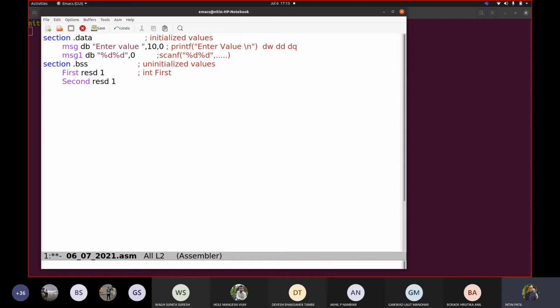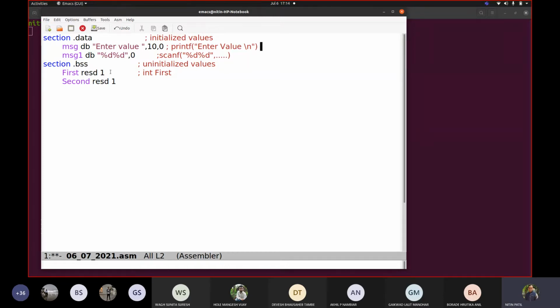Now sometimes you have 80 bits too. That is called dt. We are not worrying about this. The only thing we need to know is that these are the data directives which would be used internally, which tell you the types. Similarly here, resb, reserve byte.